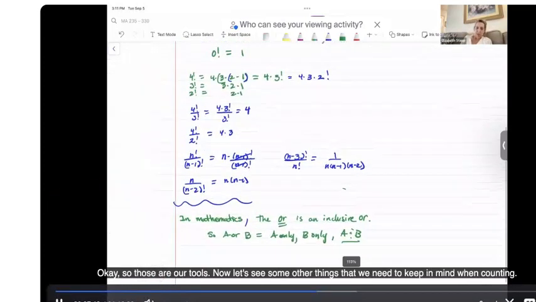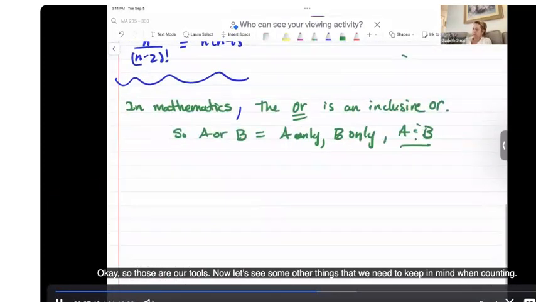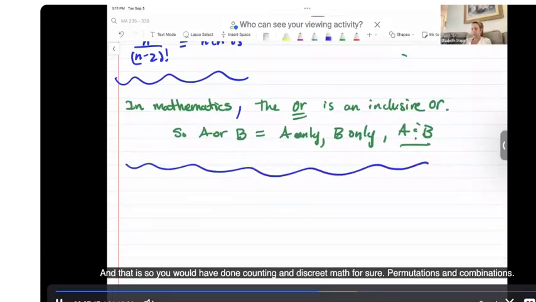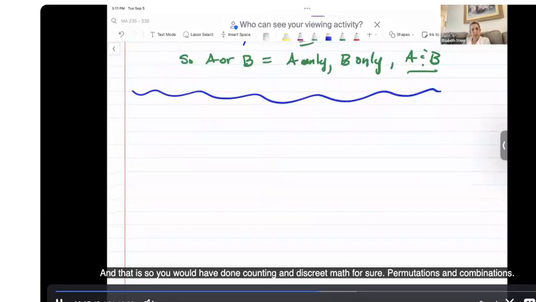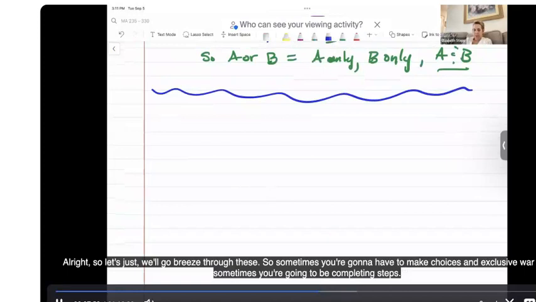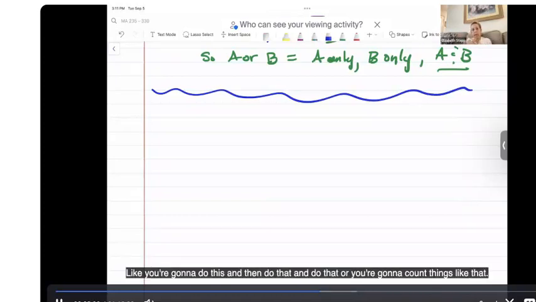Okay, so those are our tools. Now let's see some other things that we need to keep in mind when counting. You would have done counting in discrete math for sure: permutations and combinations. All right, so we'll breeze through these. Sometimes you're going to have to make choices, an exclusive or, and sometimes you're going to be completing steps. Like you're going to do this and then do that and do that, or you're going to count things like that. I'm going to first do this, count it, and then do that, count it, and then do that, count it. So when you have steps,